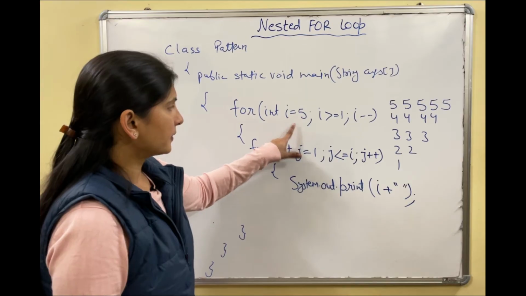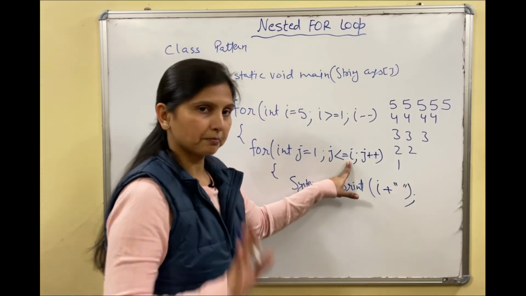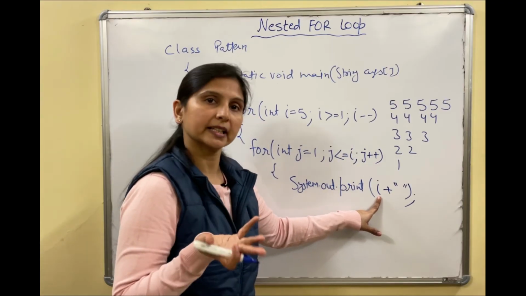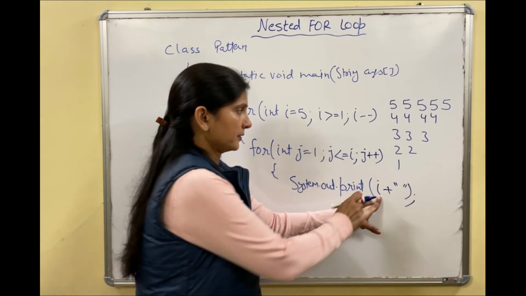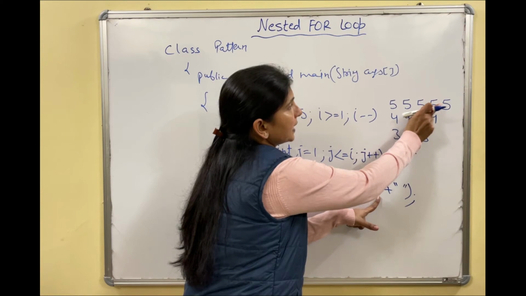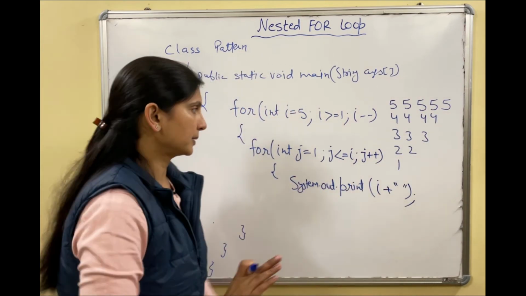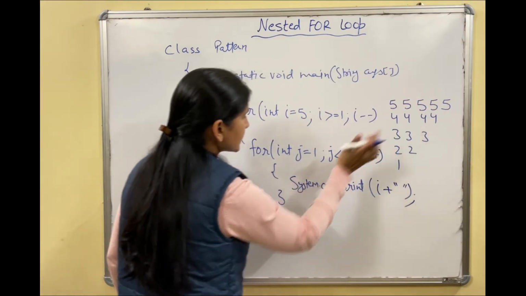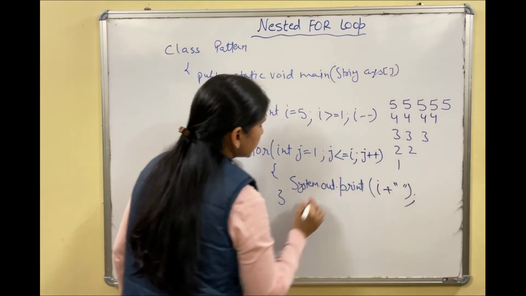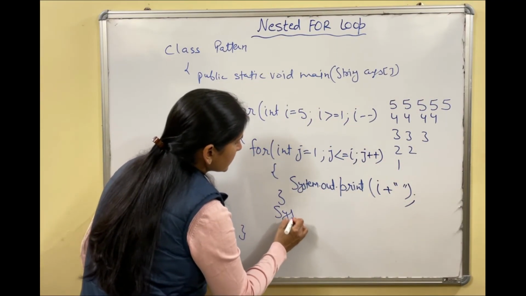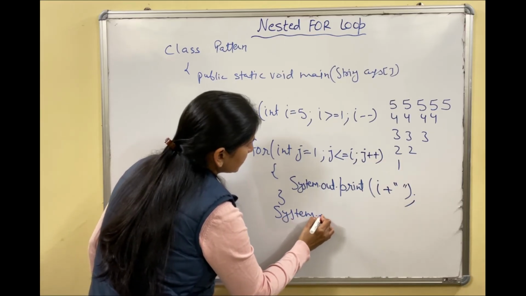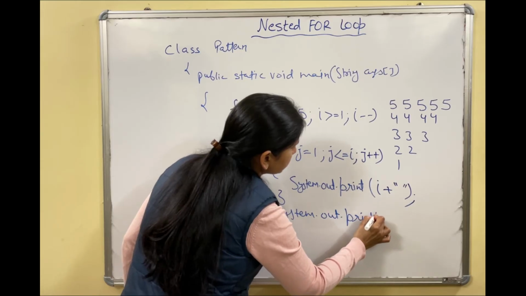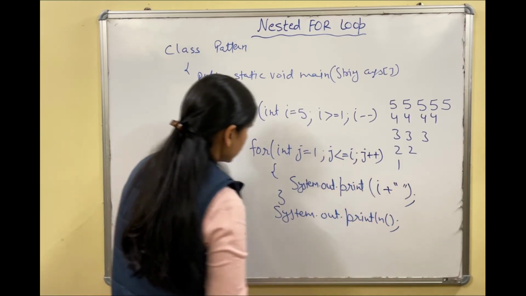Fine. So i is 5, j ran from 1 to 5, five times. What did it print five times? The value of i. What is i? 5 only, it is constant. Fine. So 5 5 5 5 5 with one space we have displayed. So when it comes out after displaying 5 times, then we want the cursor in the next line. So in the same way we will give System.out.println to bring the cursor to the next line.